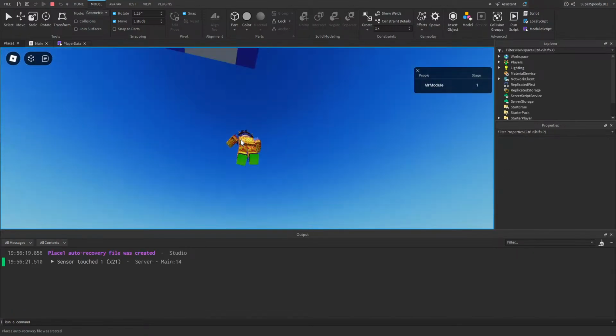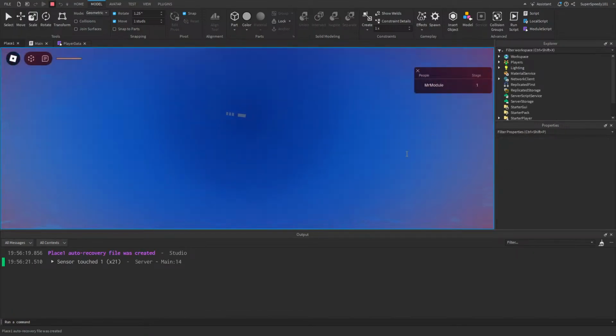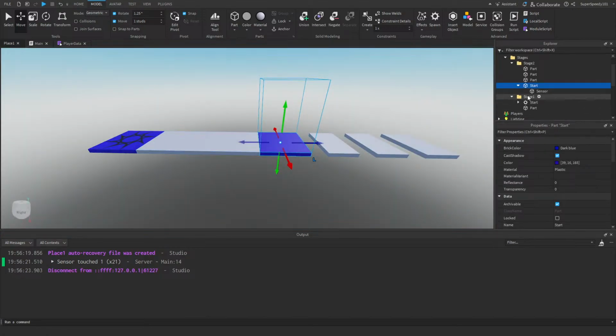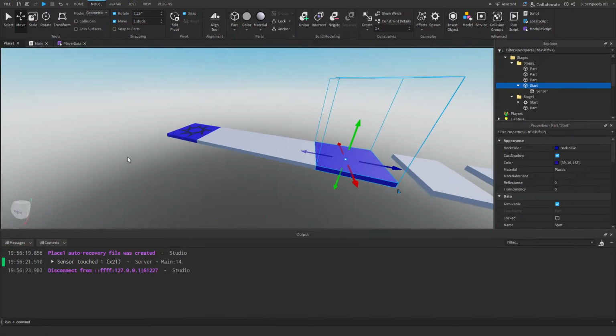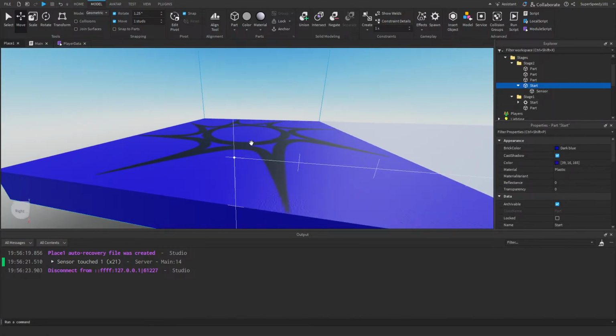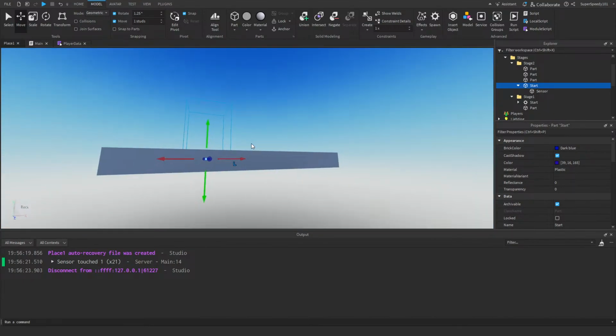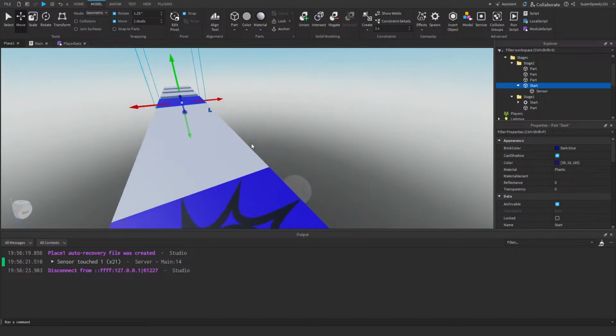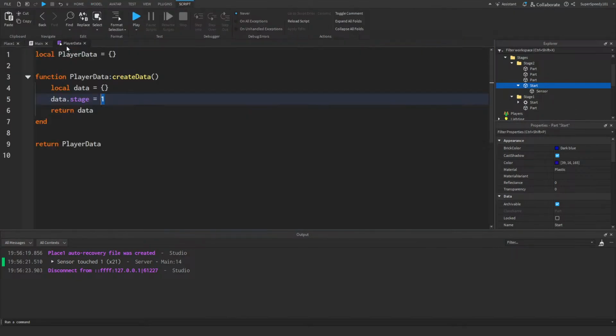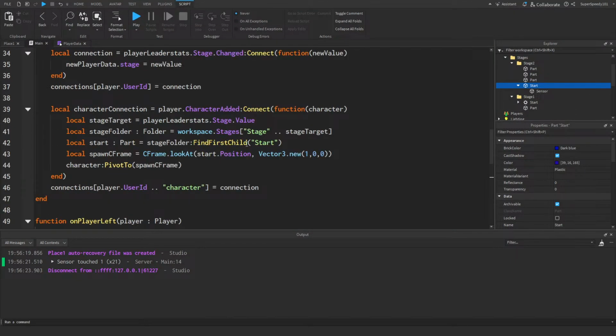What I forgot to do was raise the position of the player. So we're spawning inside of the start block right now, which is right here. So the middle of our body is inside this part. We want it to spawn a little bit above that part. That's really easy to fix, because all we got to do is take start position